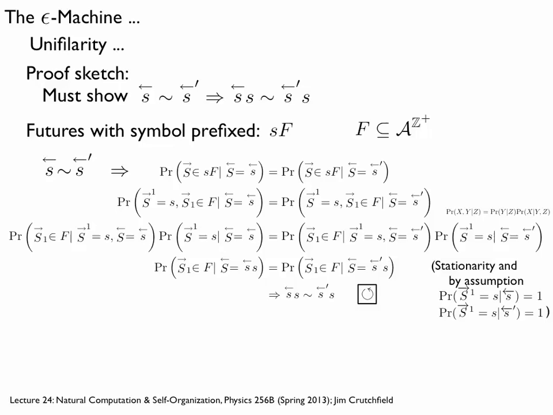But it turns out we assumed that, in going one step forward after both of these histories, S and S prime, we saw the symbol S. That means this factor and this factor here are 1 by assumption. We saw them. Also, I say stationarity here because it could be that when I saw S and S prime, they could have been separated by some time. So I have to assume the probabilities aren't changing. That's stationarity: conditional probabilities don't change based on the origin of time. Okay, so that's 1. If I drop those out, I end up with this.